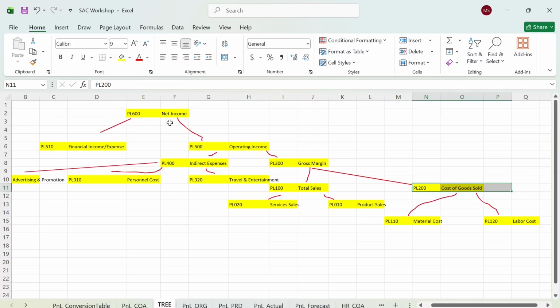As you are seeing, at the top there is net income, and we have assigned it ID PL 600, and it has two children: one is financial income expense and the other is operating income. Operating income has the ID PL 500, we have assigned it, and PL 510 is financial income. And under the tree of the operating income, indirect expense and gross margin exist. So the operating income